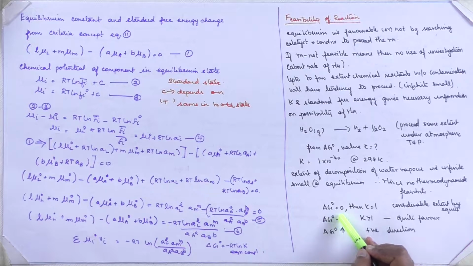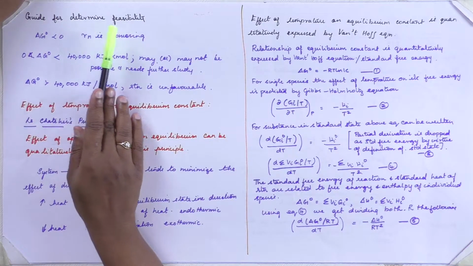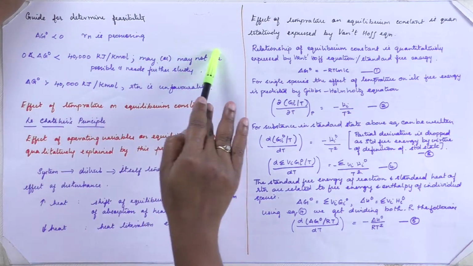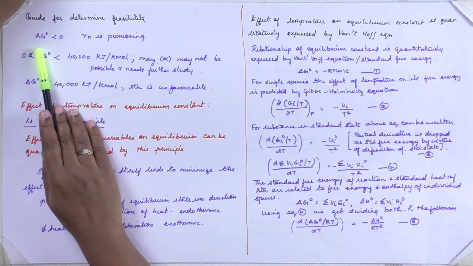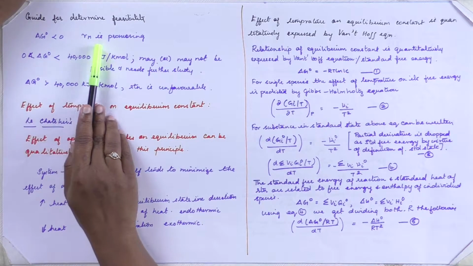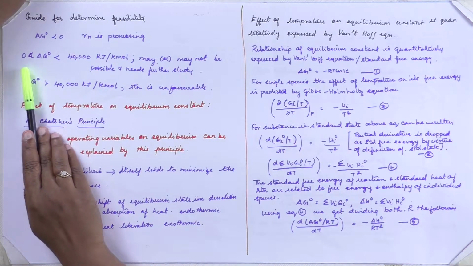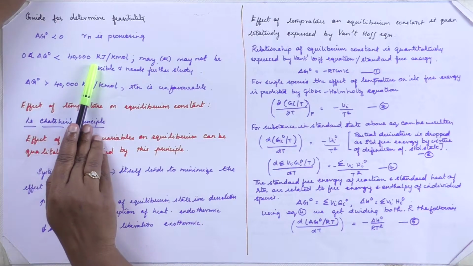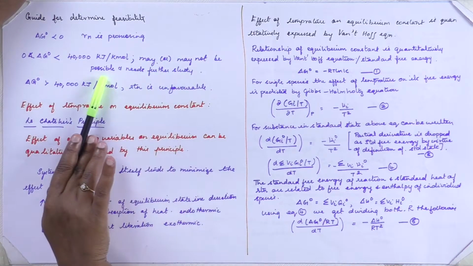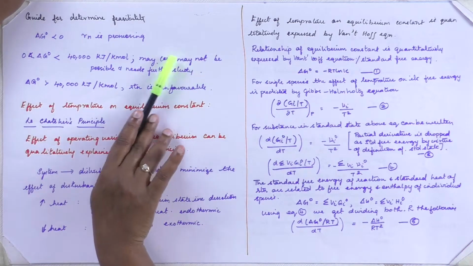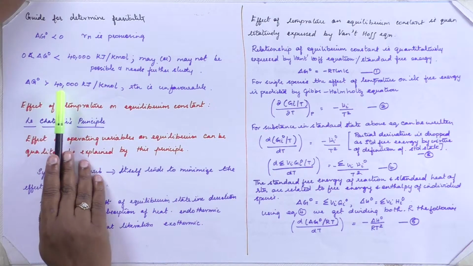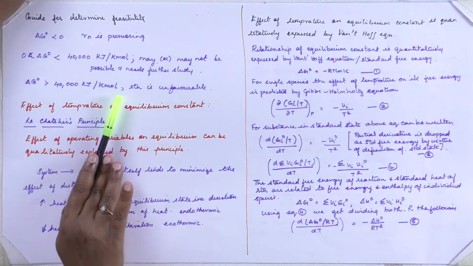When Gibbs free energy is negative, the equilibrium constant is greater than 1, and when Gibbs free energy is positive, the reaction is unfavorable. The equilibrium constant and standard free energy also explain these types of conditions. When Gibbs free energy is less than 0, the reaction is said to be promising, and when Gibbs free energy is between 0 and 40,000 kilojoules per kilomole, maybe the reaction is possible and needs further study. And if Gibbs free energy is greater than 40,000 kilojoules per kilomole,